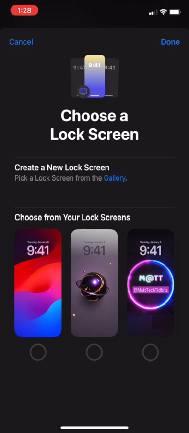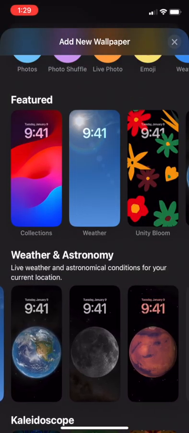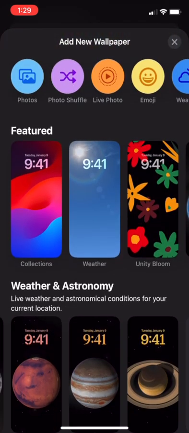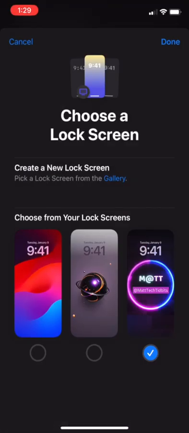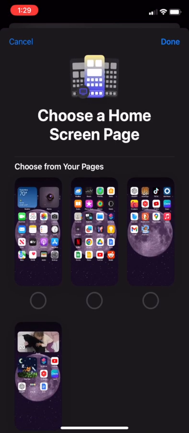Here, I'm going to go ahead and choose a lock screen. I already made one here that I want to use. If you want to pick photos, you can push gallery and then go through. There's also weather and astronomy. There's different collections that you can do, or photo is what I did, and then selected a photo from my phone. So in this case, I'm just going to select this one, push done,